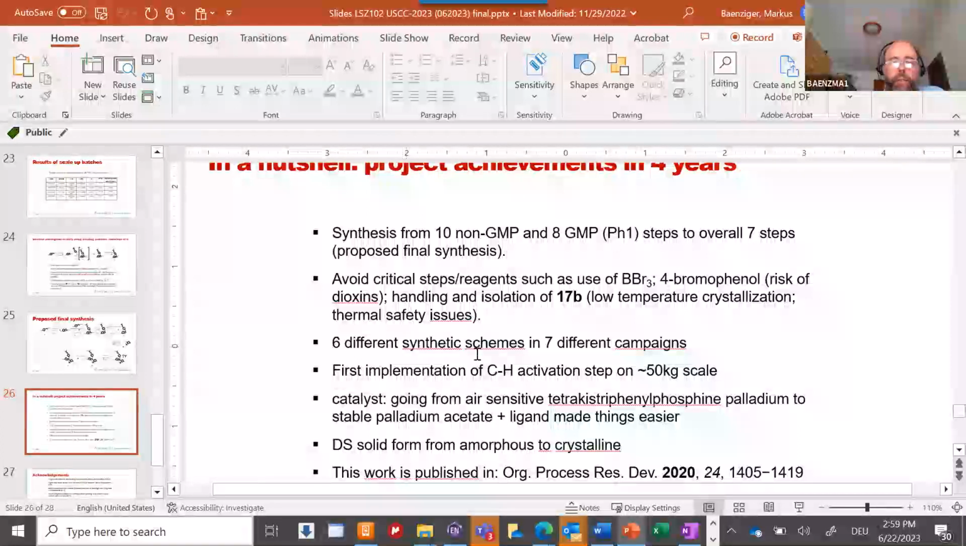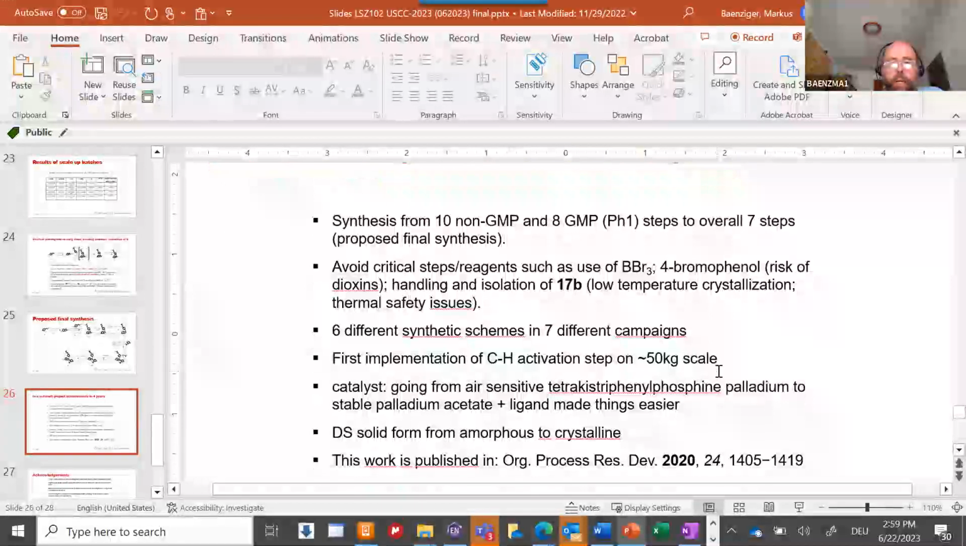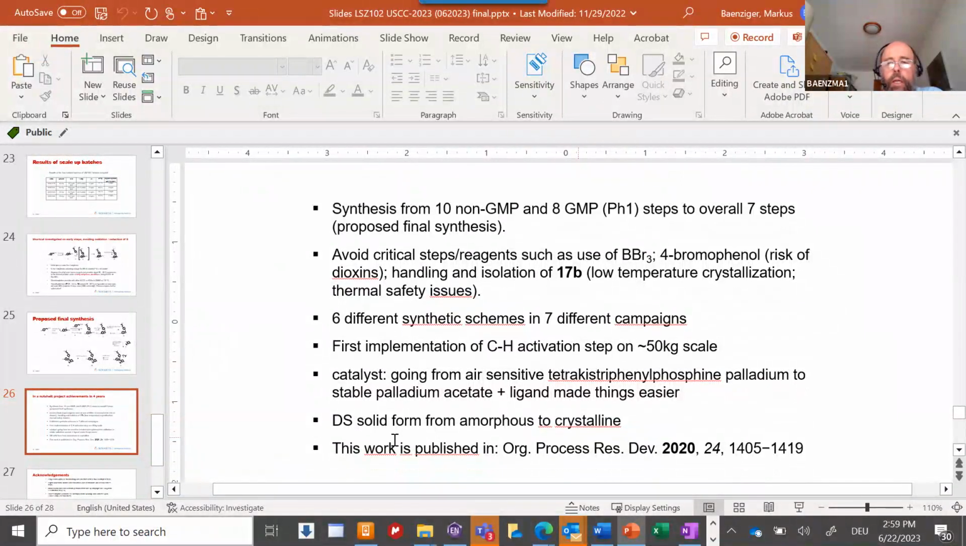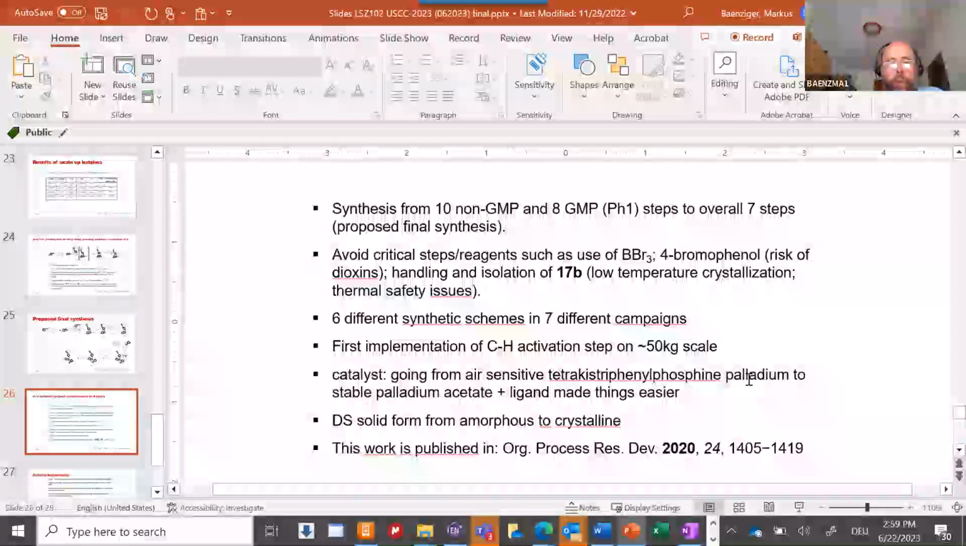We had 6 different syntheses in 7 different campaigns, and the first implementation in our development of a CH activation on 50 kilogram scale. And the catalyst went from an air-sensitive tetrakis(triphenylphosphine) palladium to a stable palladium acetate and ligand, which made things easier. And the drug substance could be isolated from amorphous to crystalline, and that work was published in OPRD